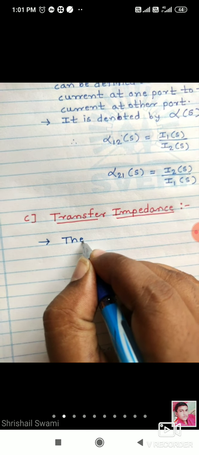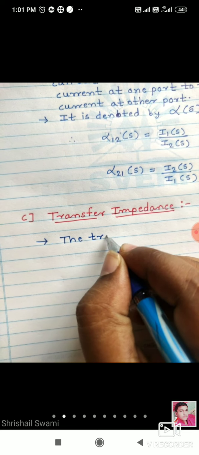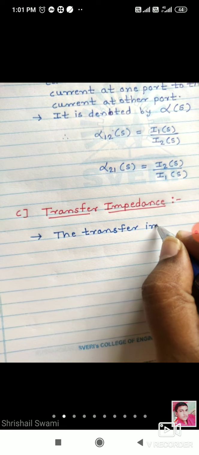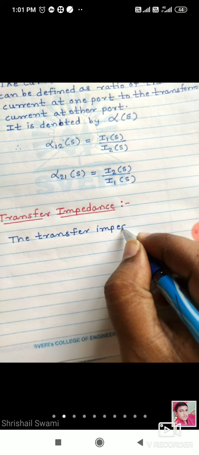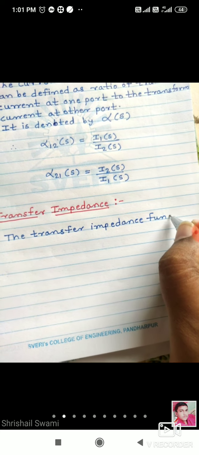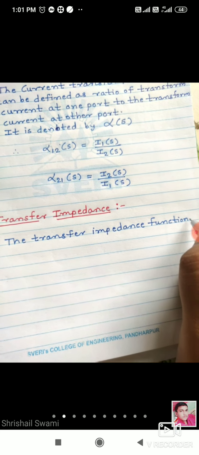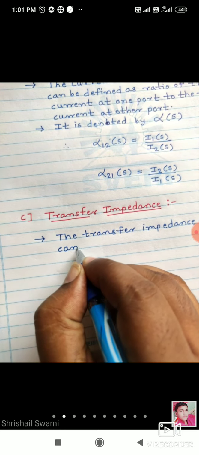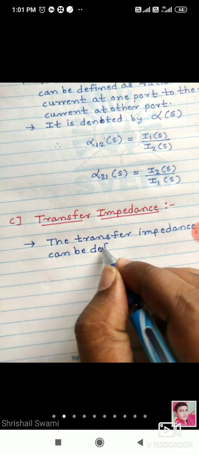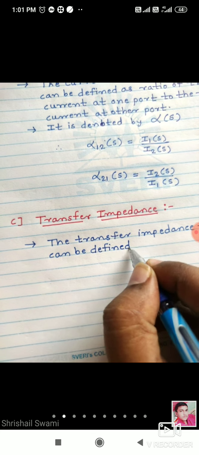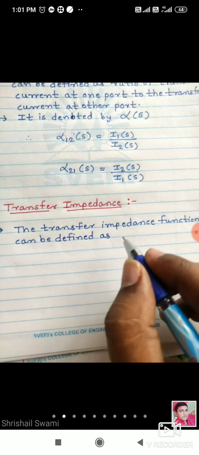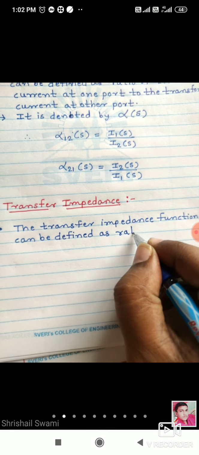The transfer impedance function can be defined as ratio of